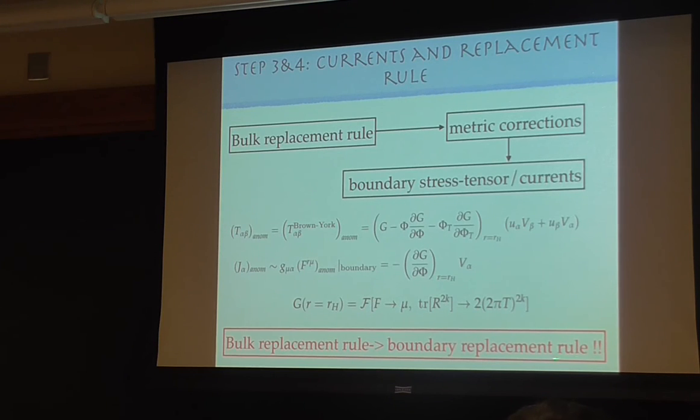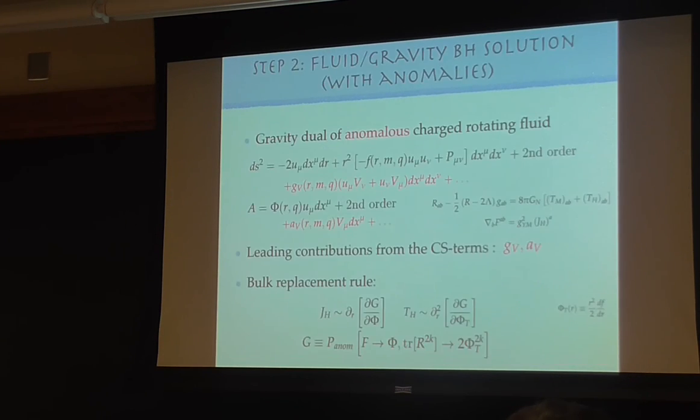It was also nice that there's some sort of bulk geometric replacement rule. I'm not sure it's geometric, but the reason all these things work is because of a bulk replacement rule. We never understood how this bulk replacement rule comes about. At the end of the day you're solving an Einstein-Maxwell Chern-Simons equation, and it would be nice if it were related to the Riemann tensor or some geometric structure of this charged rotating anomalous black hole. So that is still an open, ongoing question.